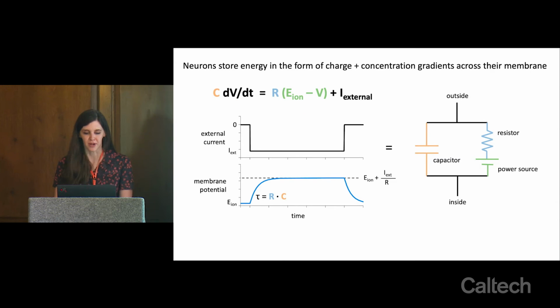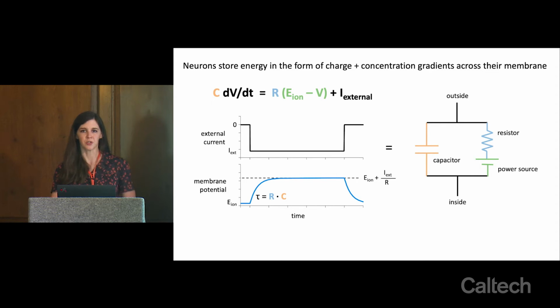So what this looks like in practice is if you take a neuron that's getting no external current and you inject a fixed current into the neuron for some period of time, here's the applied current here, the membrane potential is not going to instantaneously jump up, but it's going to slowly approach the steady state value of this dynamical system. So the steady state value is the reversal potential plus the current scaled by the resistance, which you can find just by dividing this term by R and solving for dV/dt equals 0. And the rate at which it approaches this steady state value is again equal to the resistance times the capacitance.